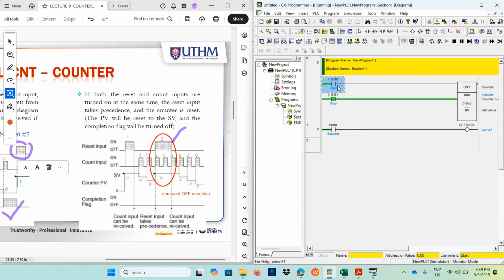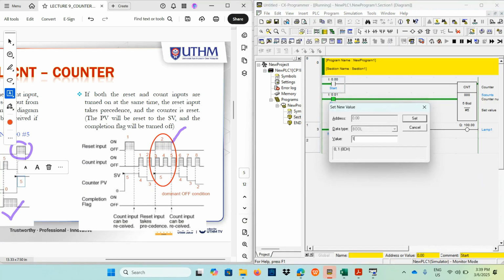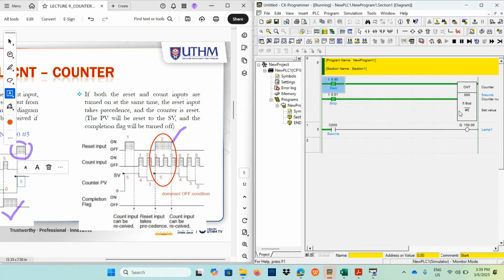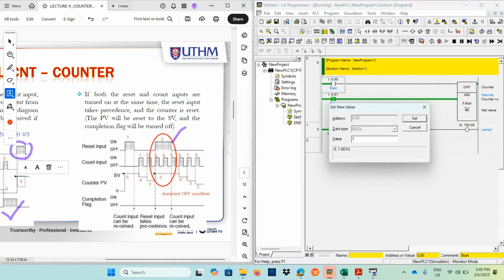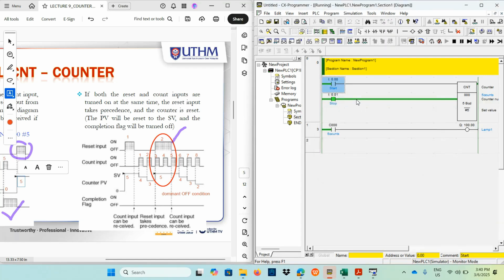If the counter instruction receives 3 incoming inputs, it will remain reset. So for the second, nothing changes here. Third incoming input, nothing here. If we release the stop push button and activate signal numbers 6, 7 and 8,